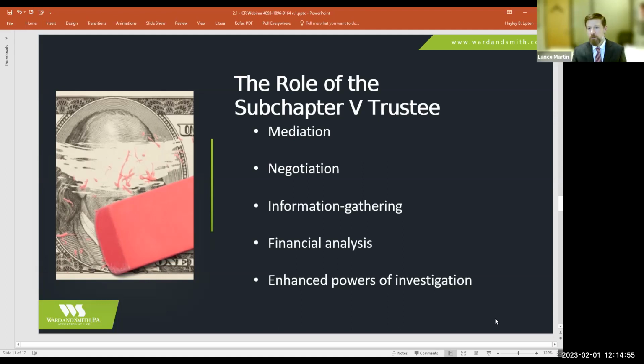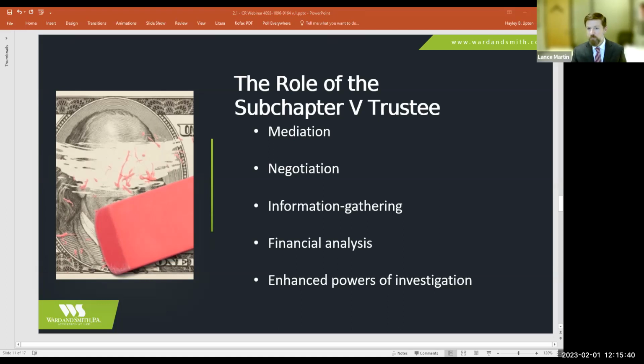And I'm sure all of you as experienced special assets officers have been to court mandated mediation and have gone through that process, and you may have strong feelings about it one way or another. But in Subchapter V, you have some trustees who are very activist, who are hell-bent on getting a consensual plan confirmed. And so they will be pestering you and your counsel throughout the life of the case as to what can the debtor do or what can you do to get this plan confirmed.